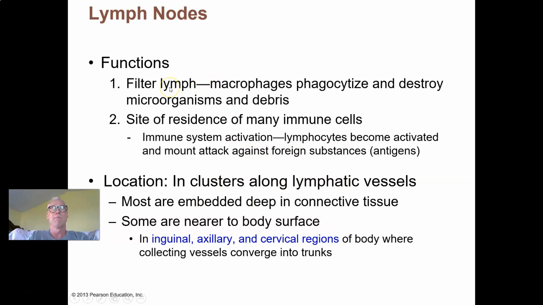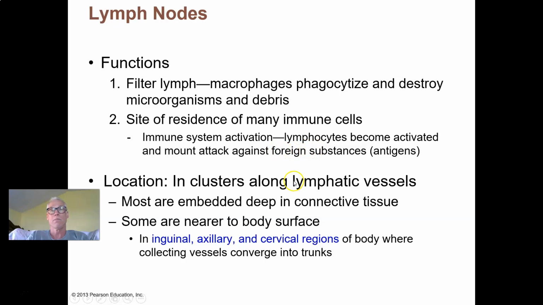So let's take a look at the lymph nodes as our first example of lymphoid tissue in the body. The lymphoid follicles function to filter the lymph. It may be filled with debris from sites of infection and inflammation, as we said, and that will all be purged from the lymph fluid as it travels through a follicle by phagocytosis by macrophages. A lot of immune cells live there, and as the fluid flows through, antigens that may lurk in that fluid will be exposed to lymphocytes,